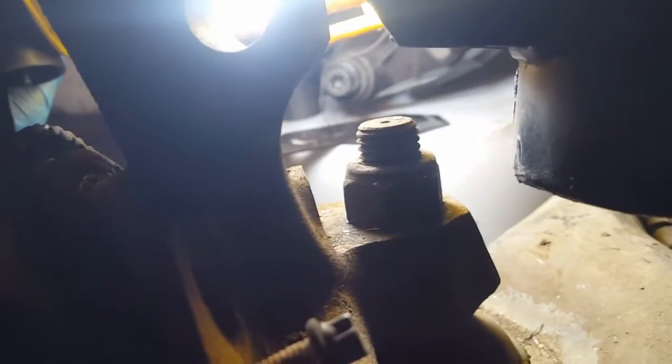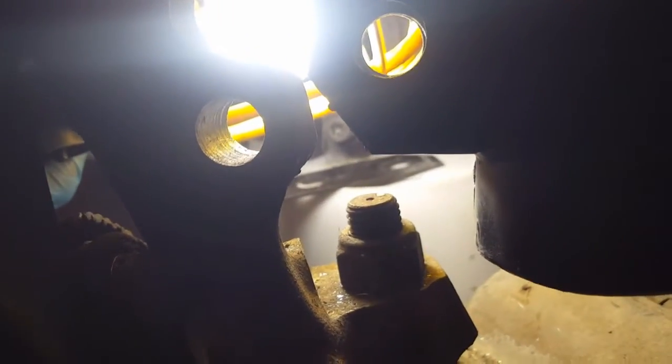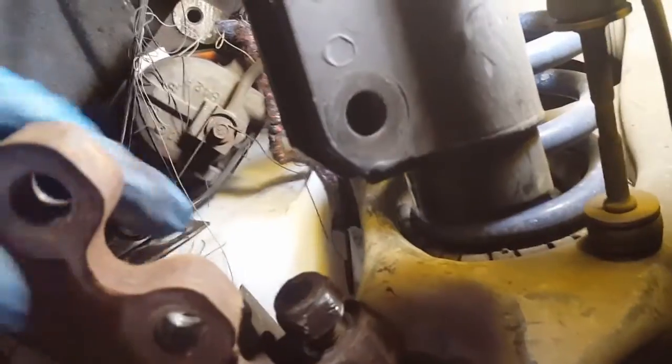So now that's the bolt we got to take loose right there, and I believe that's a 7/8. We want to back that up, like you do the castle nuts when you loosen up the tie rods, and leave a few threads on, and then we're going to bang it, and it should pop loose. Okay, just a few taps, and you see